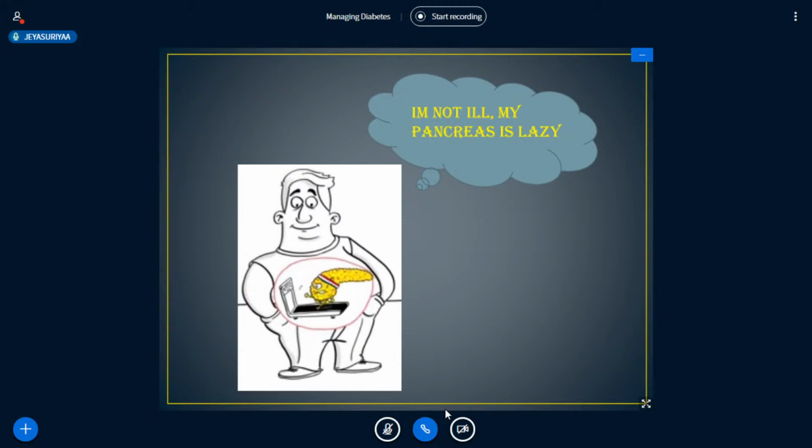Now, coming to the end of the talk, diabetes is not really a disease, it's just a condition where the body is either not able to take up the glucose due to the insufficiency of the insulin, or due to genetic variability or a genetic disorder where the cell receptors are not able to recognize the insulin, where the concept of lock and key plays here.